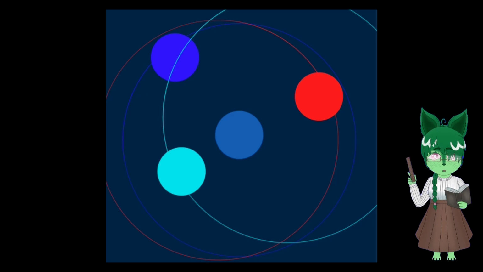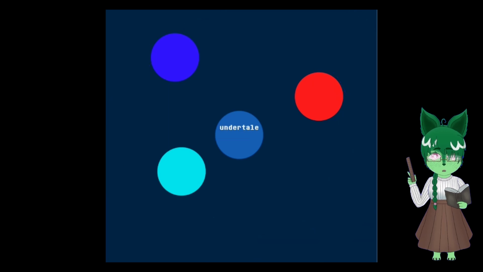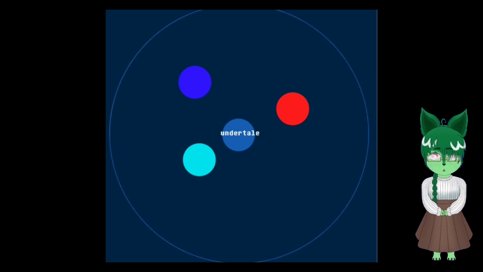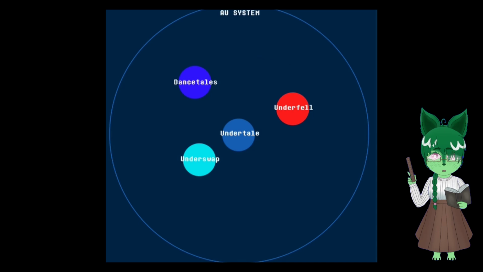You'll typically only find one version of each AU per system. When AUs get too similar, this is when things start to glitch out, which can lead to new, albeit corrupted, AUs being made. It's like having two save files with the same name in a game. The system can't tell them apart and might overwrite one by accident. It's not that the system can't handle lots of AUs, it's more like the game needs each save file to be clearly labeled. If they're too similar, the game gets confused,